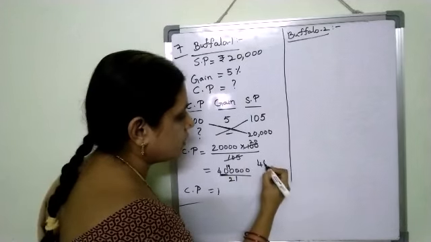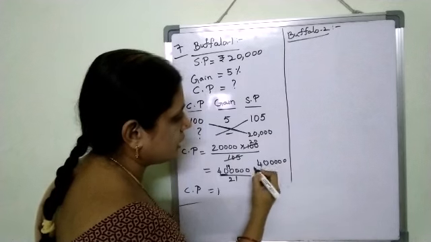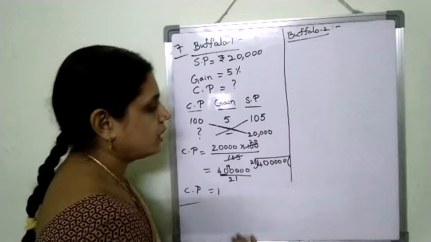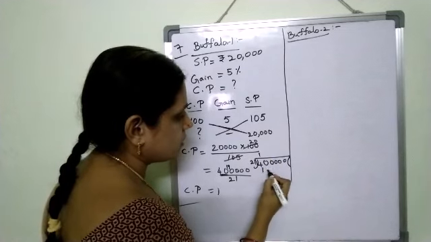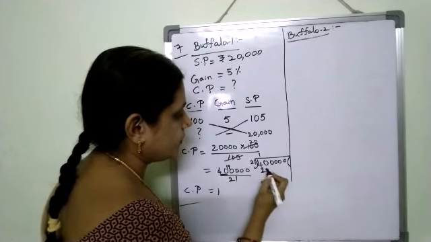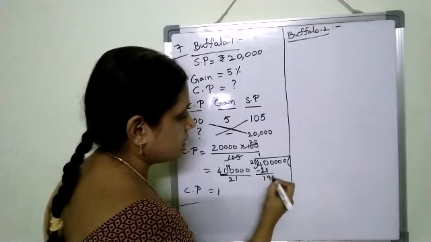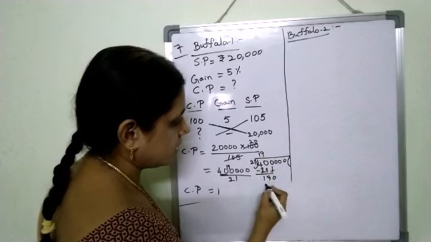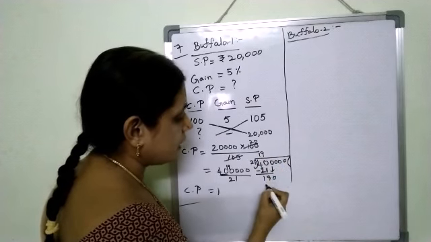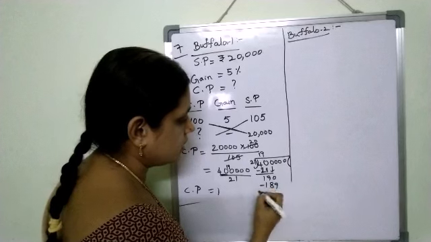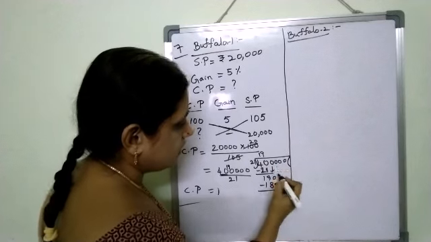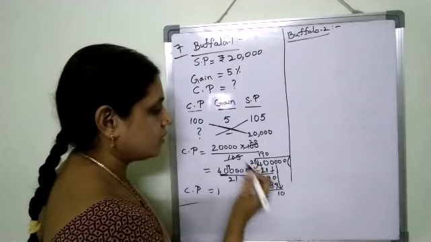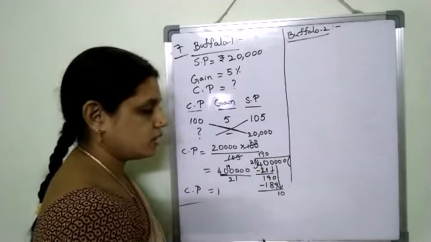Otherwise if you want, you can do the division like this, 4 lakh divided by 21. If you are not able to understand in this way, definitely you can do it like this. So 1, so here 21, 19, 190. In 190 we can take 9 times. 21 9s are 189. So 1 here. One more 0 if you bring down, 10. But actually this is less than 21, that's why you have to write 0 in the quotient.